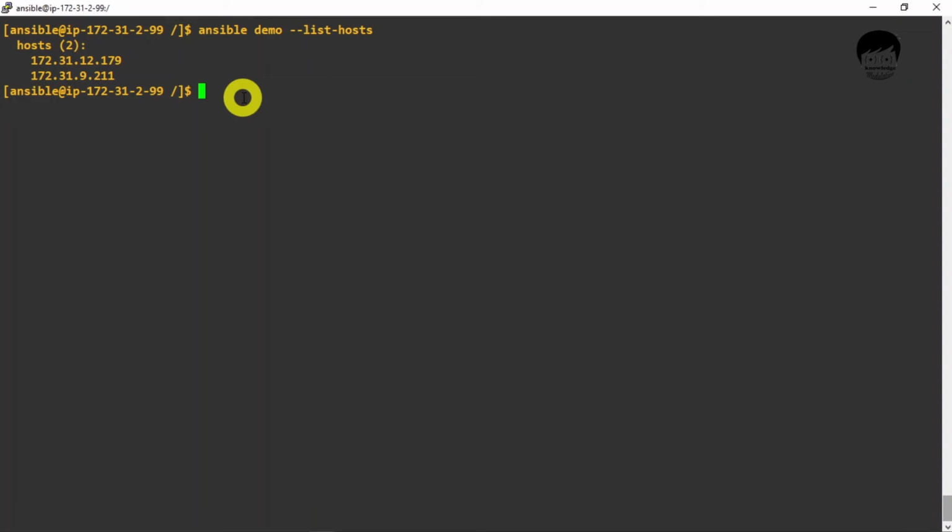To check all these nodes, we hit the command ansible demo, which is our group name, then all, and hyphen a is the argument. Whatever I write in the inverted commas, it will execute. So I will enter a simple ls command and hit enter.